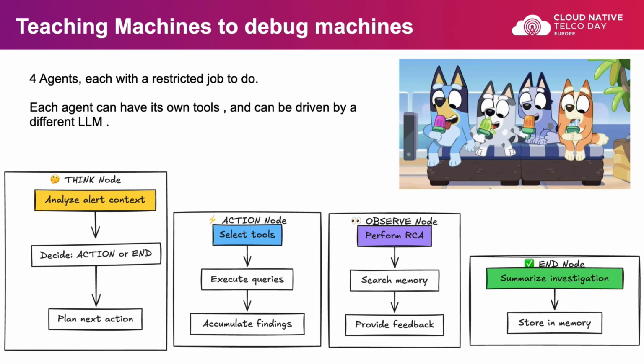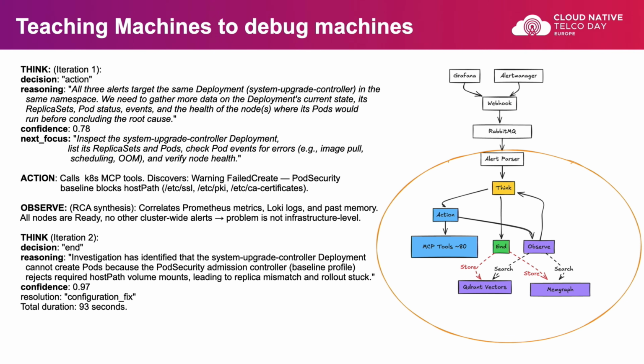At the end, it just stores the memory of not only the alert, but the investigation, the root cause, everything that it touched in a sense of Kubernetes resources or infrastructure resources. It sends the notification to Slack and then acknowledges the messages in RabbitMQ. This is a much better way to actually see it because it goes from Grafana Alert Manager to the webhook,